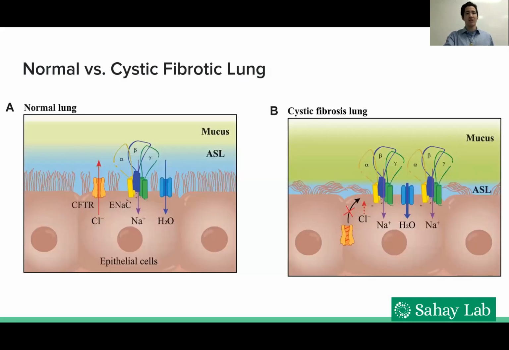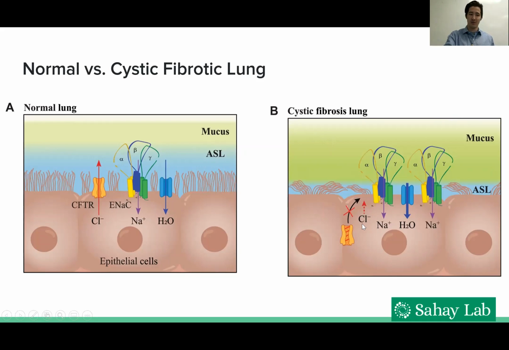So seen here in panel A, in normal cellular function for lungs, the CFTR channel regulates chloride ions, the ENaC channel regulates sodium ions, and aquaporins regulate water flow, altogether functioning and maintaining airway surface liquid, ASL, height for proper mucociliary clearance. Defects seen in a cystic fibrotic lung in panel B: defects of the CFTR protein cause